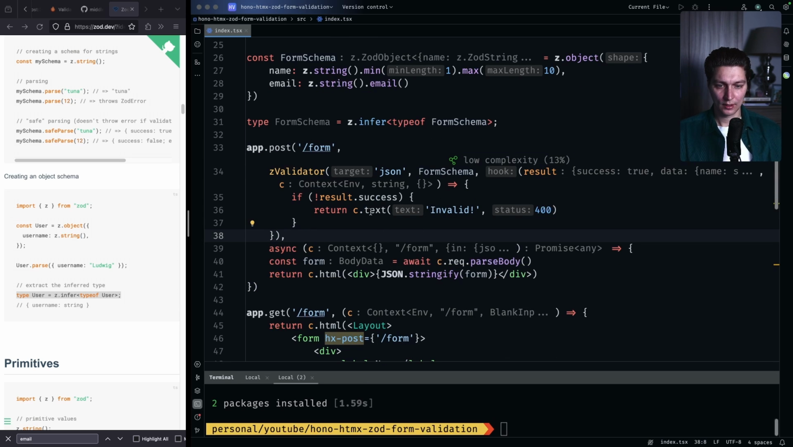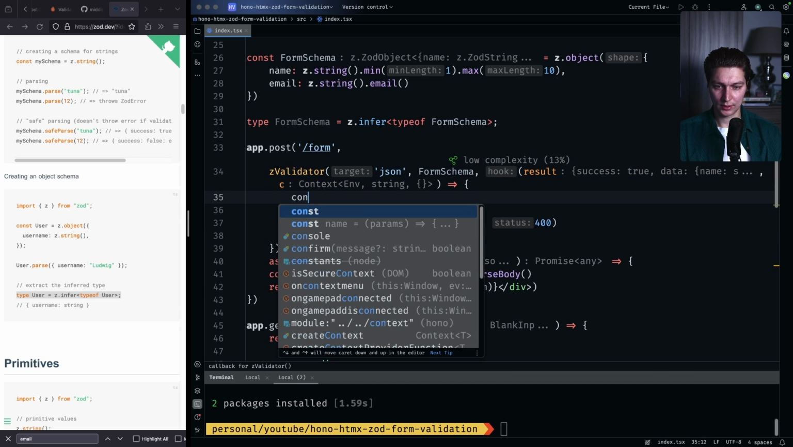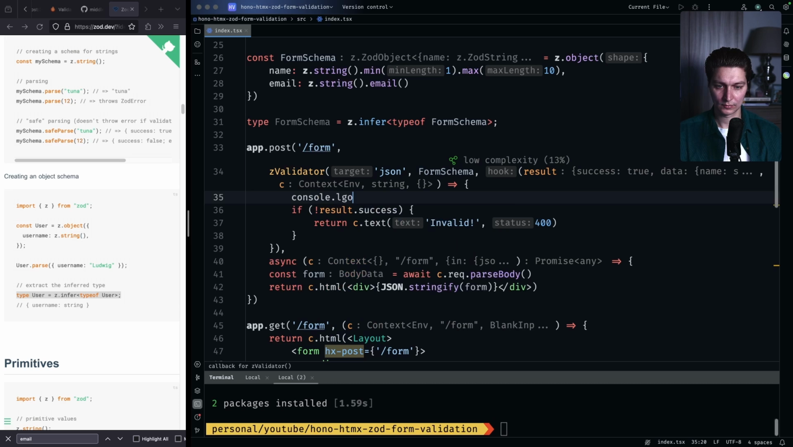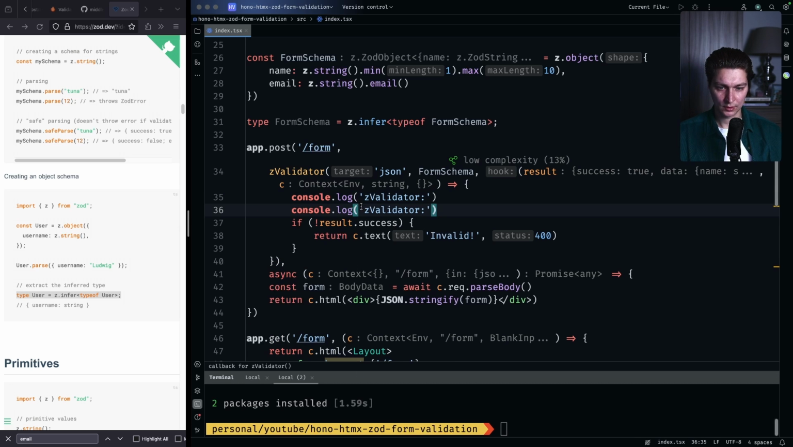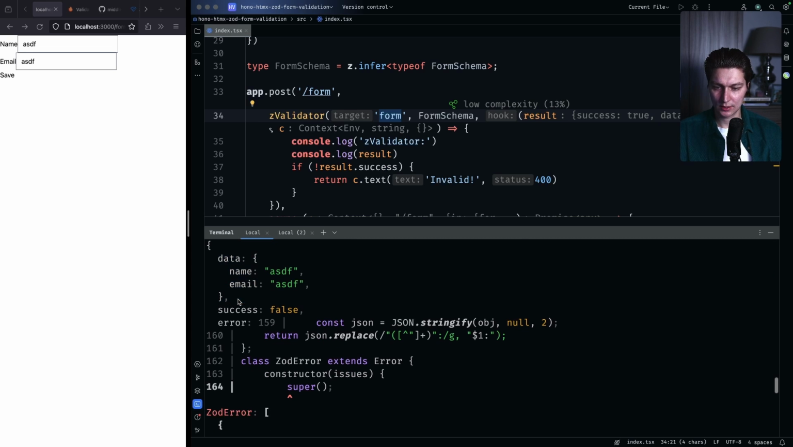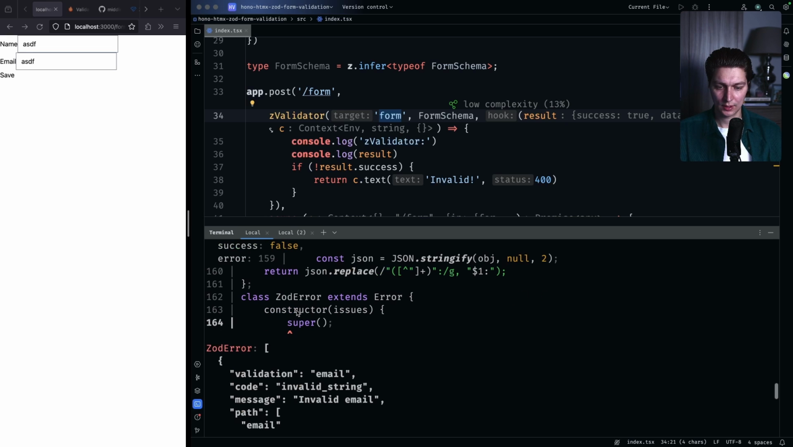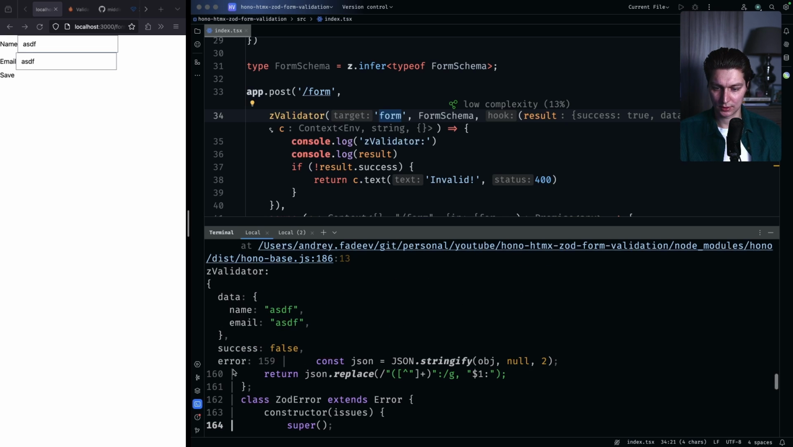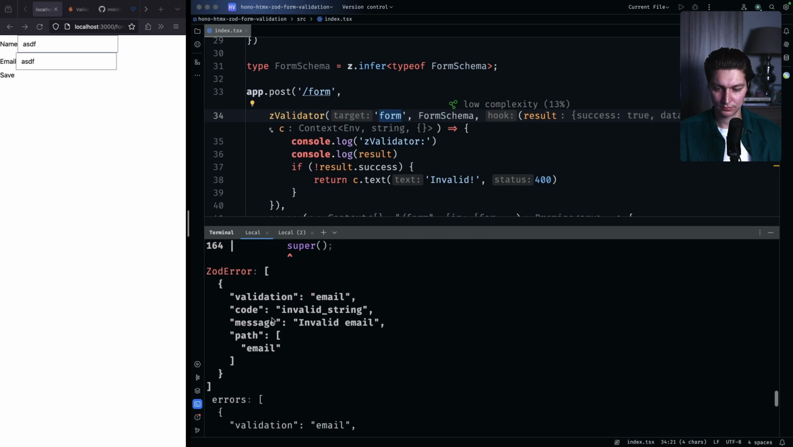We need a comma. And now let's first of all add some logs. So let's say validator, and let's put the result here so we can see how it looks. We changed our validator back to form here instead of JSON because we're using the form params. And then we have our log now, and we have data, and we have the success flag, which is false. And after that, we have a list of errors, and we'll use those errors to basically display them in the